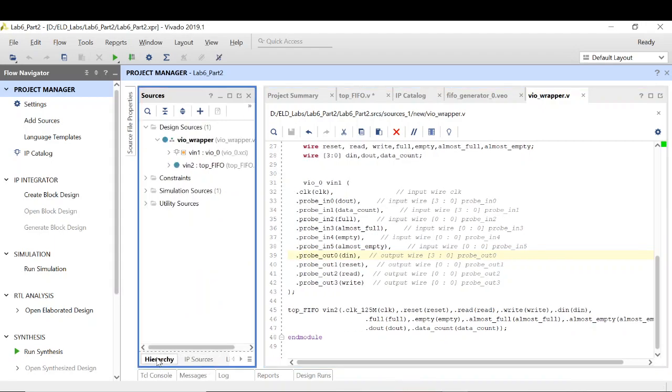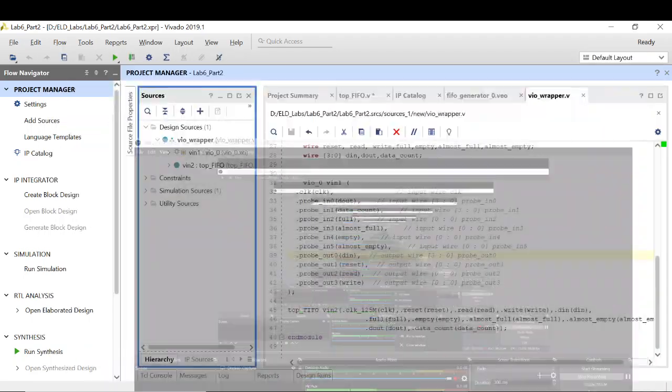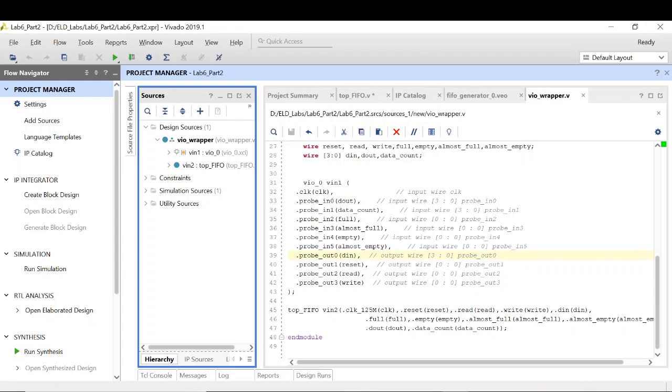Right, so that's fine. One more thing we need to do before we go to the bitstream generation. The next thing is I also need to add an ILA. So we will be looking into the new features of ILA which we have not covered before. I will need the ILA on the top module, not in the VIO underscore wrapper. This time I need an ILA with 10 probes. Out of that, I need 3 probes of 4 bits. The rest of them are of 1 bit.